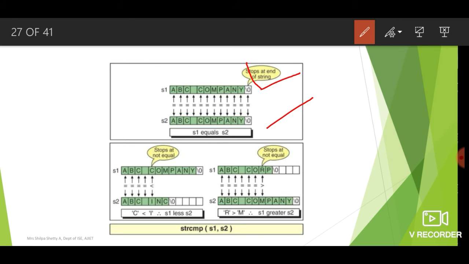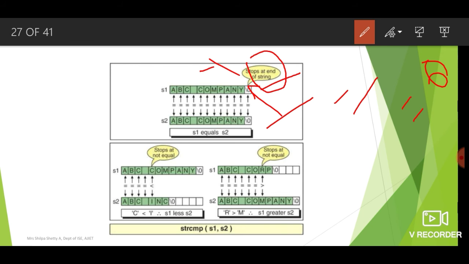After the comparison, if you reach the null character, it means both strings are equal, because if at any point you find that the strings are not equal, then you would stop and not reach the null character. So in this case the strings are equal, and the function would return the value 0.